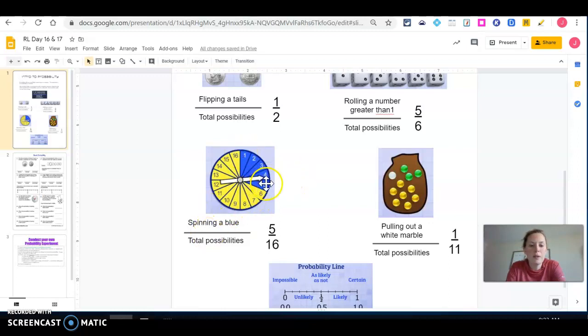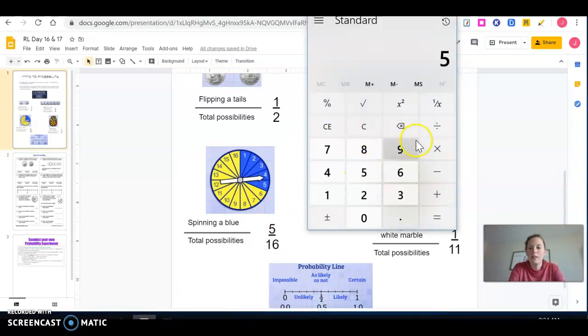So spinning a blue, if you look on this spinner, there are 5 blue. So 5 is my numerator. Total possibilities, there were 16 total sections here. So 5 out of 16. This one doesn't seem very likely. Let's do 5 divided by 16. And that one would be